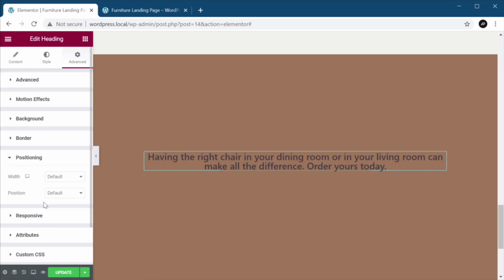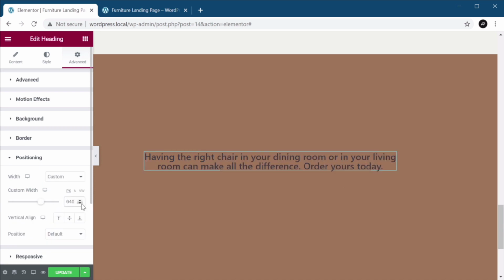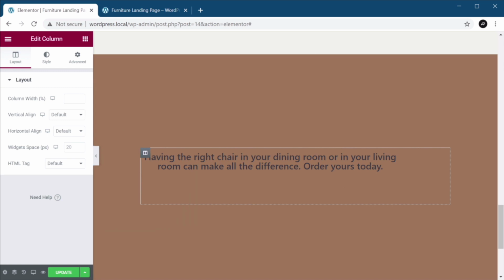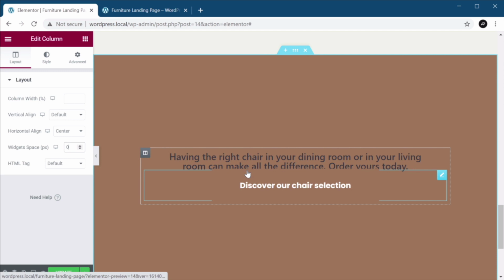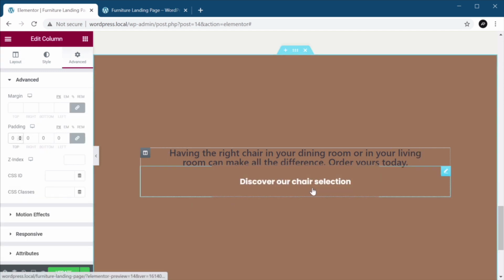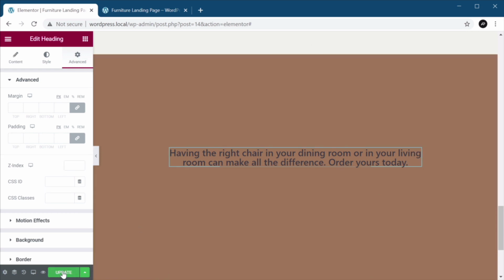also go to positioning. Let's give it a custom width of 640 pixels, and then we'll select the column, and we'll set horizontal align to center. And also let's remove this widget space like so. And also let's set a 0 padding to everything. Now for this